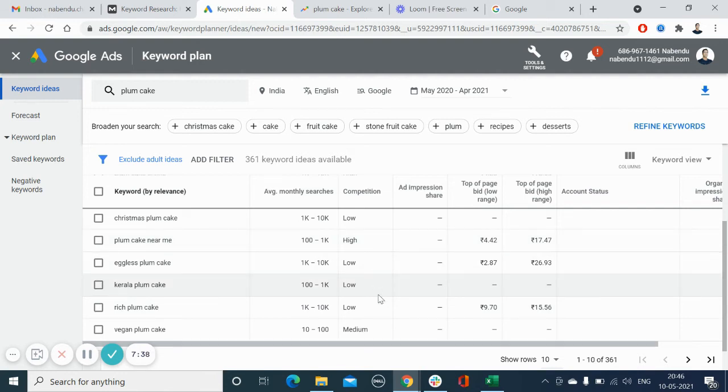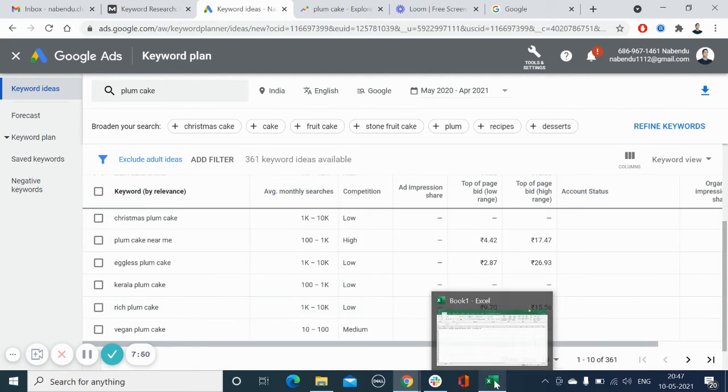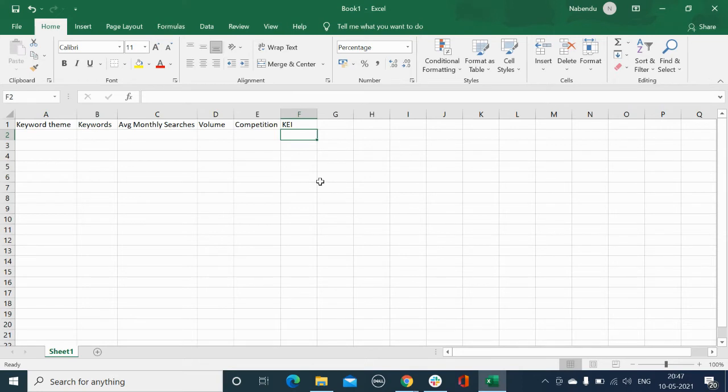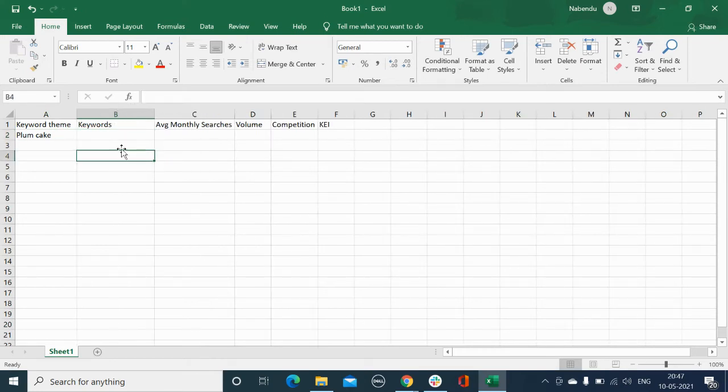Rich plum cake, decent search, and competition is low. So we are going to make a list of all these keywords that have high and decent average monthly searches, and competition is low and medium. So what we are going to do is we will create a Google sheet like this, and we will divide it into different columns. So we have the keyword theme, which is plum cake, obviously, and then we have the keywords which we just discovered. So I'm just going to put all the keywords down. An average monthly searches volume,